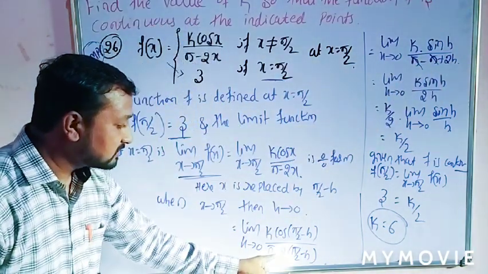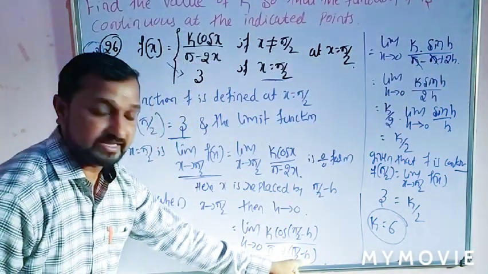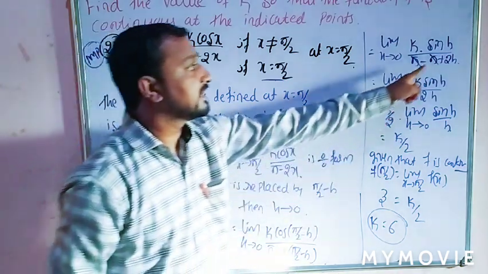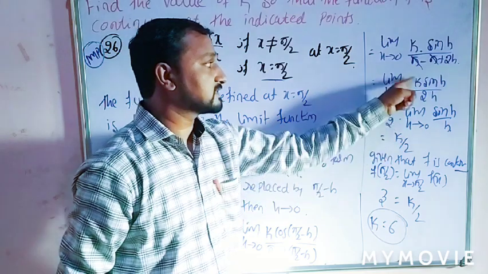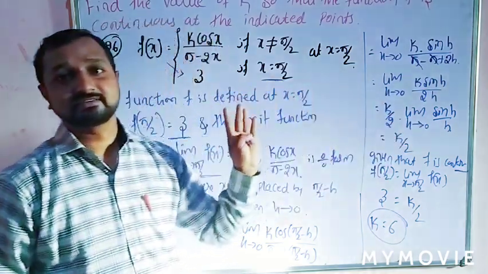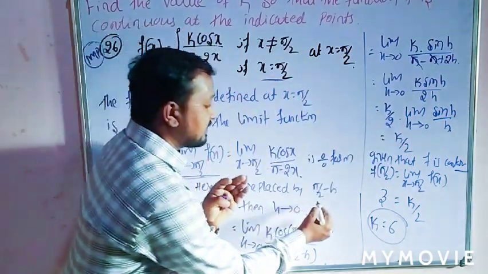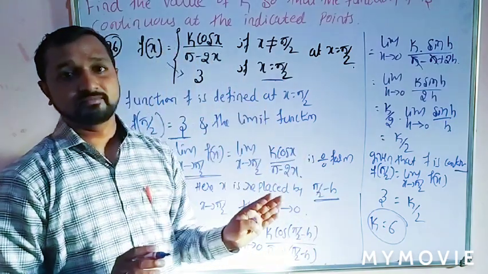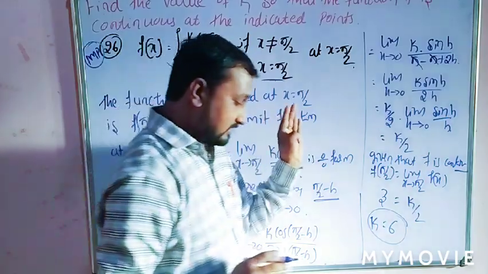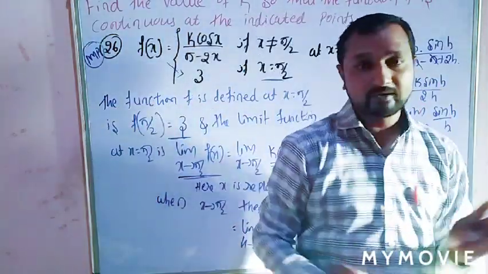So here this is pi by 2 plus h. Here this is minus, this is also minus. So here minus 2h is coming and minus k by 2 is coming. So take minus k by 2 common, minus minus get cancelled, k by 2 same as it is. Okay. Here x is replaced by either pi by 2 minus h or pi by 2 plus h. The answer becomes 10.